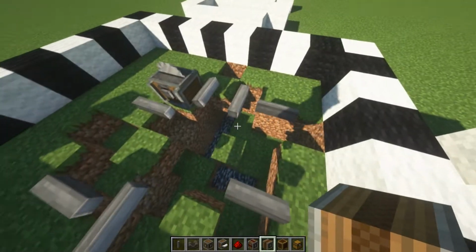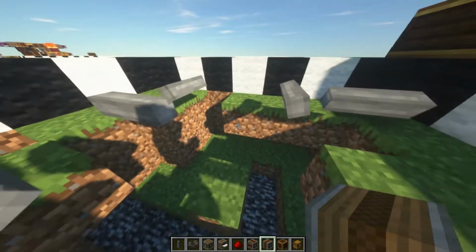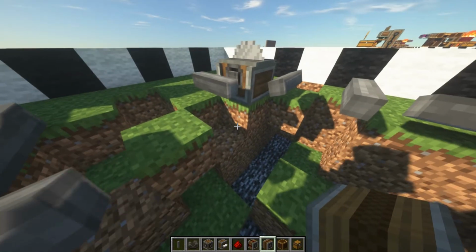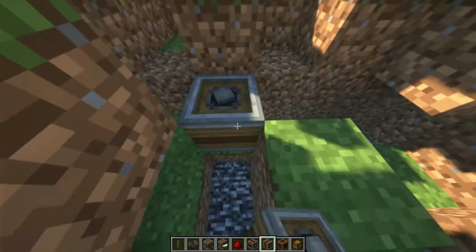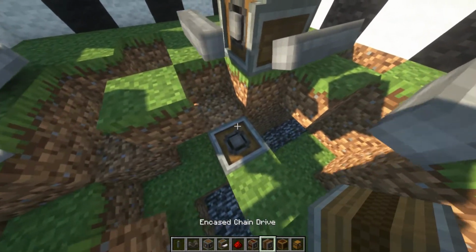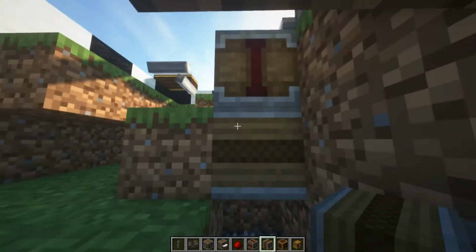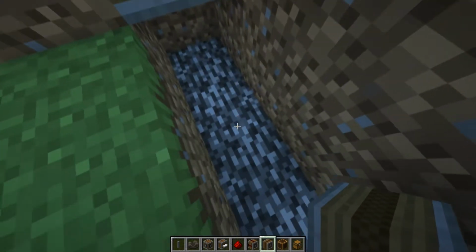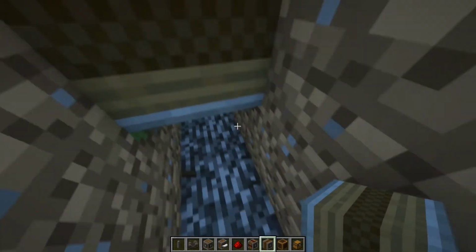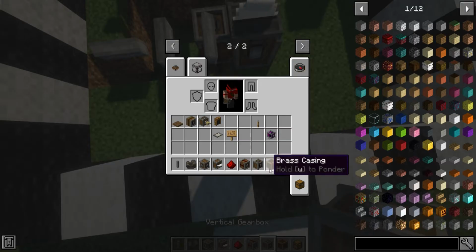And so now that we have built all of this, and we have destroyed every block that we built the shaft on, we will go 2 down and place an encased chain drive right here, and then a clutch on top. And we will connect this encased chain drive outside the thing here. So actually right here,